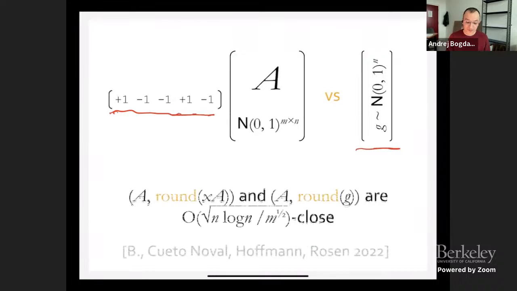But it turns out that if you do a little bit of rounding, and I'm not going to tell you exactly what this rounding is, but it's quite insensitive to the choice of parameters, then these two distributions do become statistically close. So really, if you look at the previous picture, if I round them appropriately, then it does look like what a rounded Gaussian is. We proved this in a paper where we were looking for applications to public key cryptography, and we describe some crypto system based on this with Miguel Cueto Noval, Charlotte Hoffman and Alon Rosen.